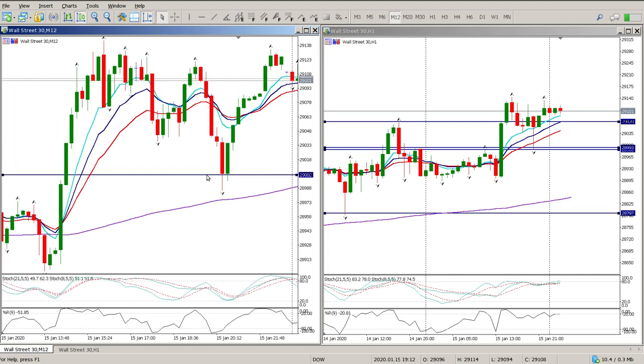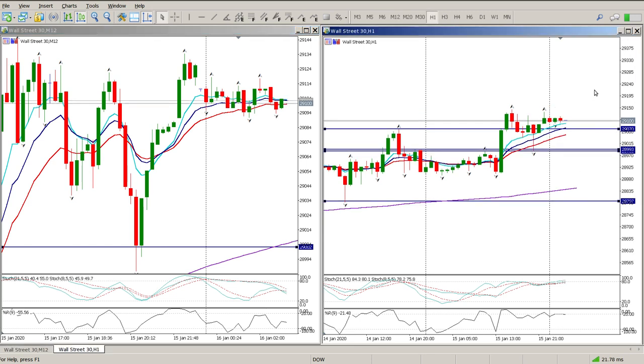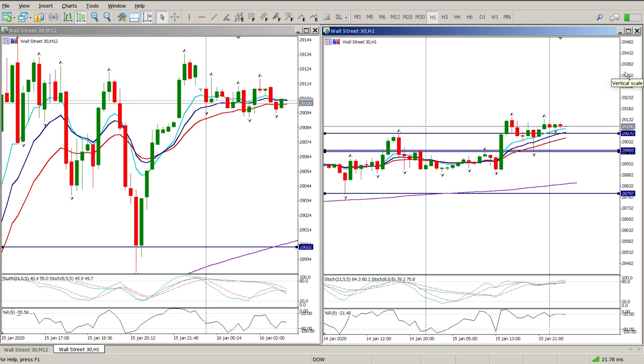The critical aspect here as well, from a pure price perspective, is that we have cleared 29,000 and we have closed above it on the daily. Yes, we've closed above 29,000 on the daily, and we are currently above 29,000. So my bias is to the upside. I still believe that we have a measured move here,